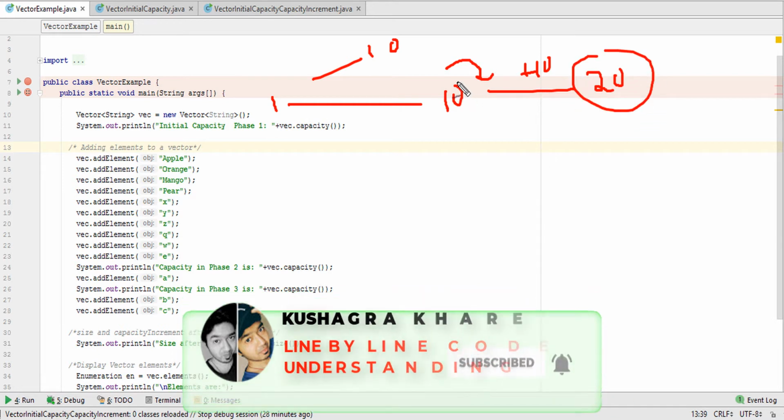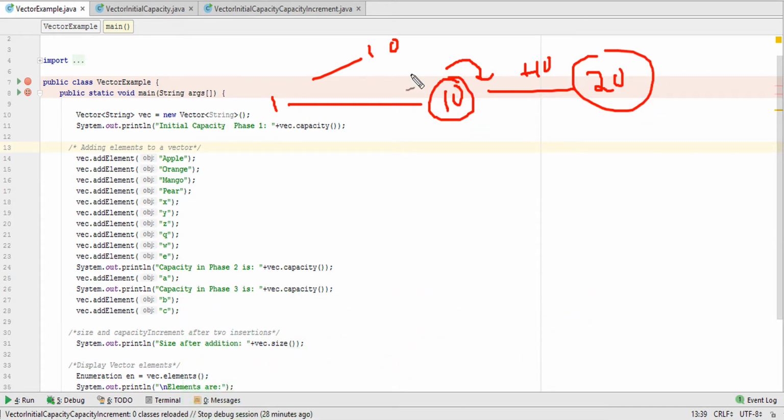So the size was 10, and after the insertion of the 11th element, the size will become 20 in this type of initialization of a vector, where I am not defining any size. When no size is defined during vector creation, the default size will be 10, and on the insertion of the 11th element, the size will extend by 10 more, so it will become 20.